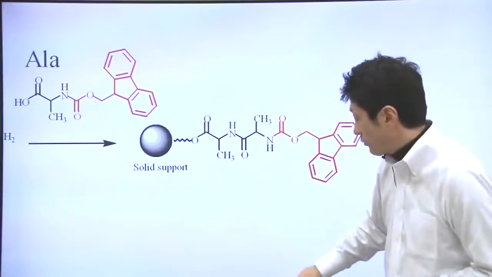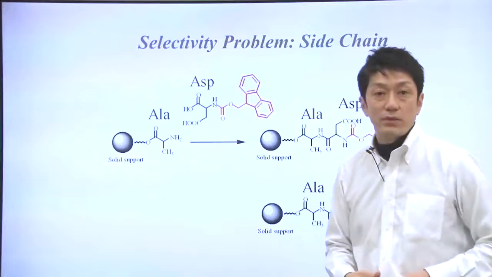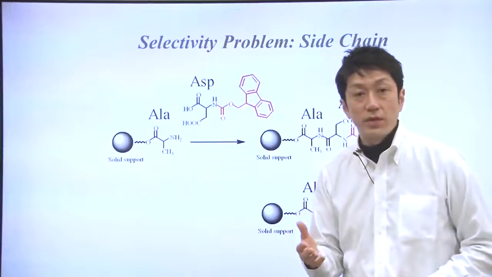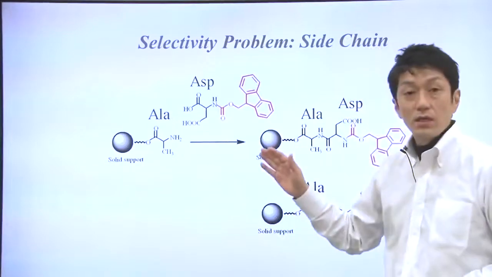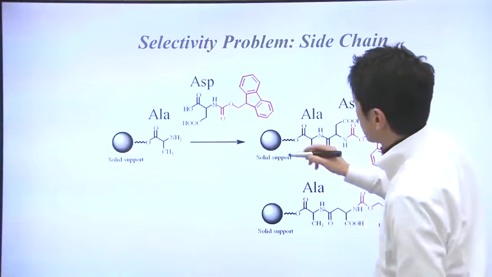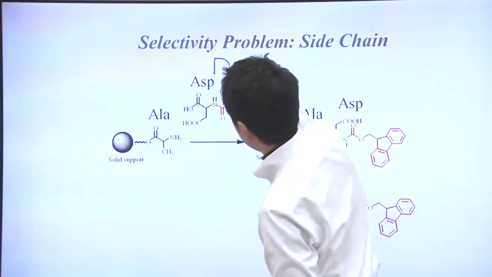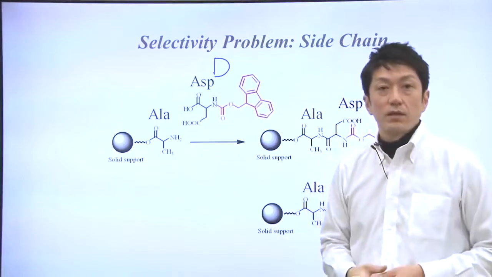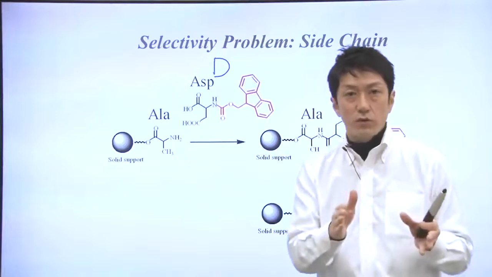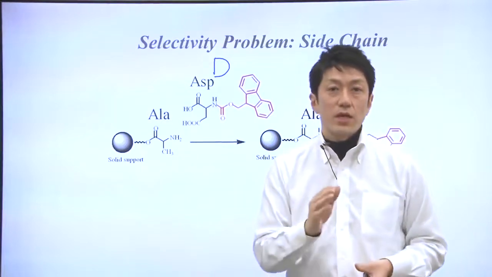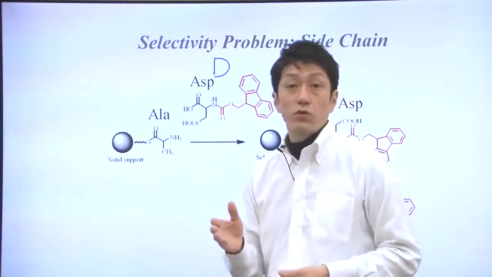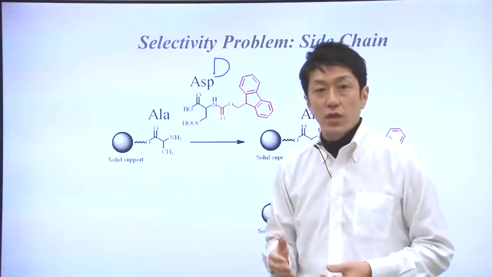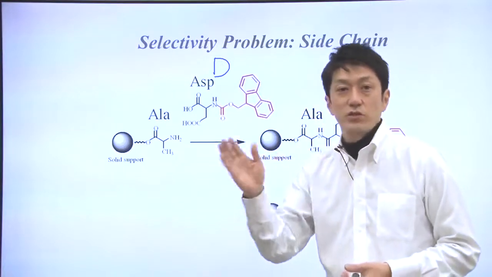So what about coupling of aspartic acid? By the way, what is the one-letter code for aspartic acid? That's D, if you remember. Single-letter code of aspartic acid was D. Then what is the glutamic acid then? That was E. The smaller, the earlier in the alphabet. The aspartic acid and glutamic acid are also umami amino acids. You can remember these as delicious amino acids, DE, delicious.